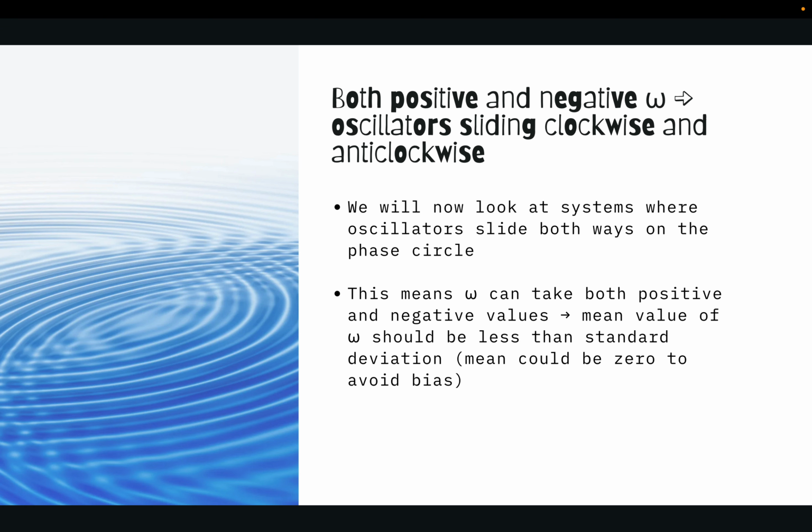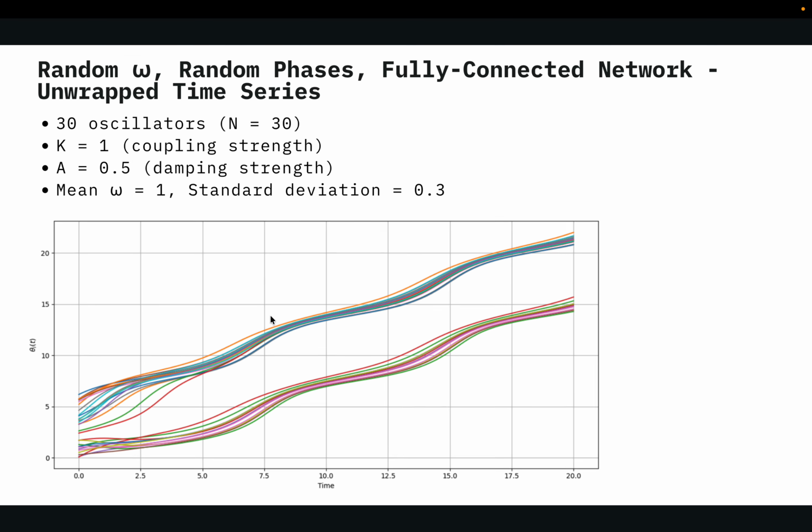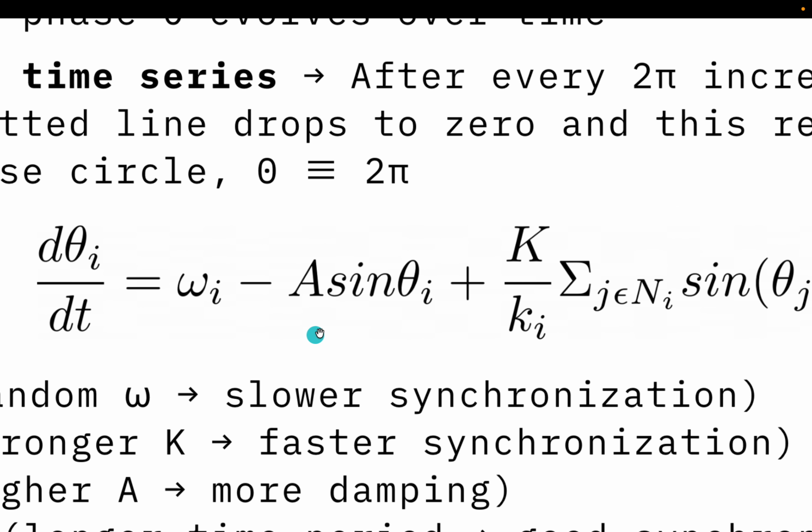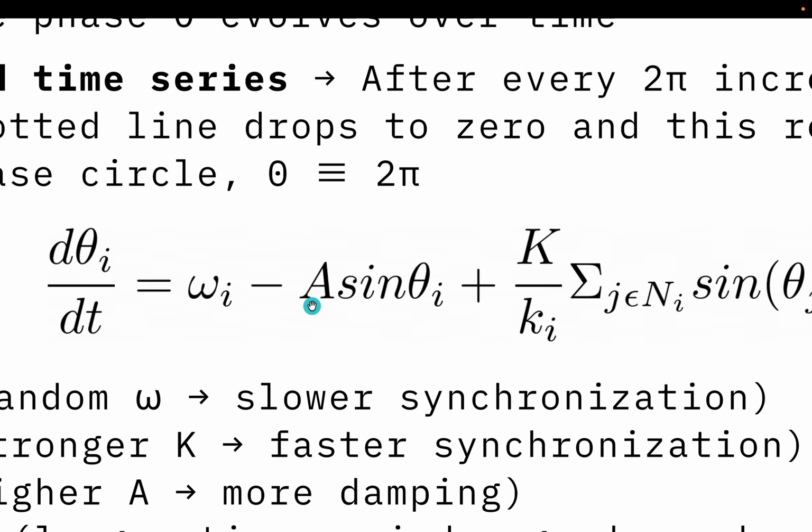That's what I mean. I'll show you from the equation. That would be better, I think. So the value of a is, let's say for instance, 0.2. Whether the oscillator goes clockwise or anti-clockwise depends on the sign of omega. Theta is always positive, between 0 and 2 pi. So how do we really say? If omega is negative or positive, so if omega is negative,